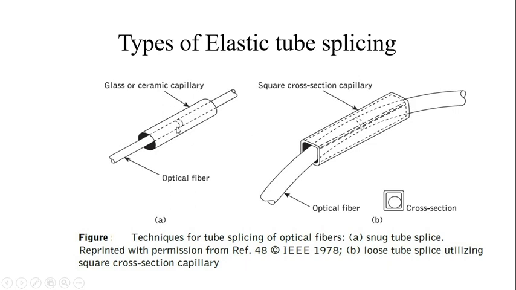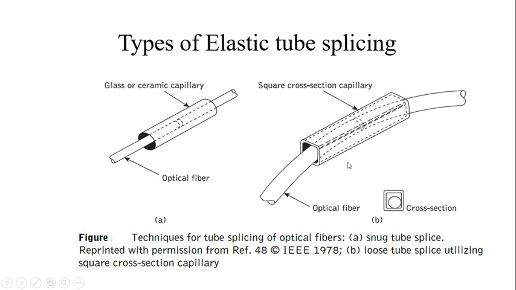So an easy way to remember is that we are connecting two already prepared fiber end faces. We are using a glass or ceramic capillary whose diameter is slightly greater than the diameter of the fiber. After making the connections, we provide transparent adhesive through this to have index matching of the splice. The second one is the same thing, we are also doing it in loose tube splicing. Everything is the same, we have the permanent connection. The only change is that we are using a much greater capillary.